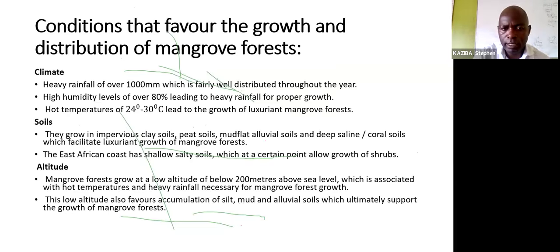Someone is asking, of course, when you're giving your introduction, you need the location, where they are located. So don't forget that. So you look at the altitude. Of course, they are located at a very low altitude of below 200 meters above sea level, because this kind of altitude is associated with hot temperatures and heavy rainfall. Of course, the low altitude also favors the accumulation of silt, mud, and alluvial soils. Then you talk about